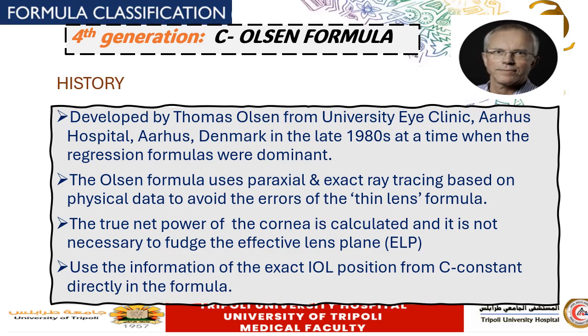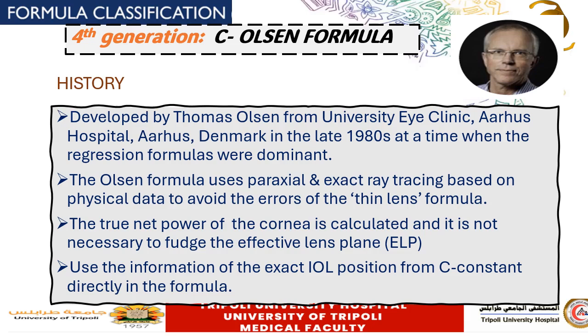And there is no need to fudge the effective lens plane with other constants, as this principle of ray tracing will consider all the changes that happen to these rays. And he suggests the principle of the C constant, which is directly related to the lens thickness as well as the AC depth. So the C constant represents one variable for the Olsen formula, and the initial results show very promising results, especially over a wide range of states of the eye,